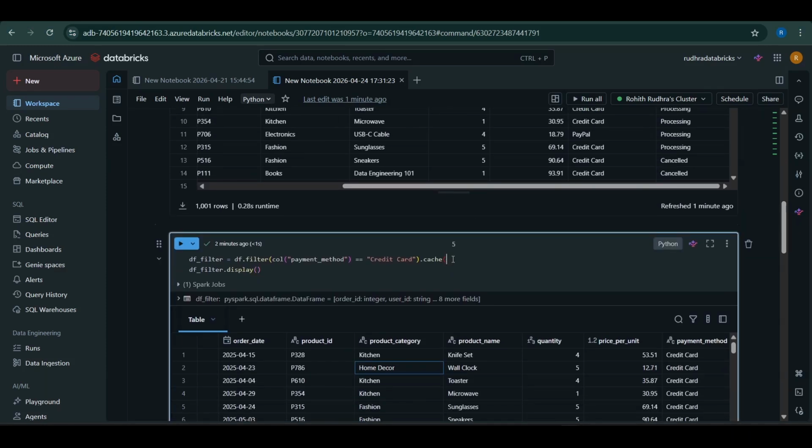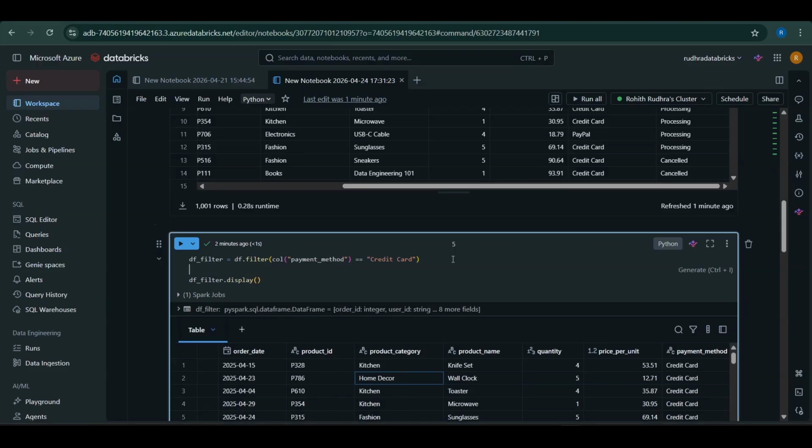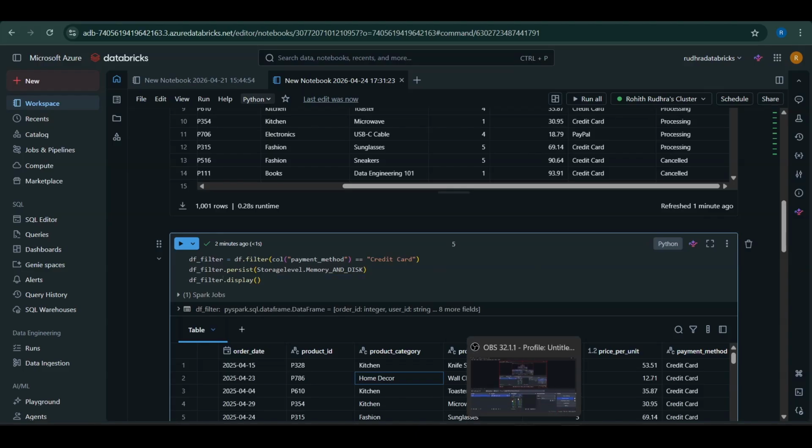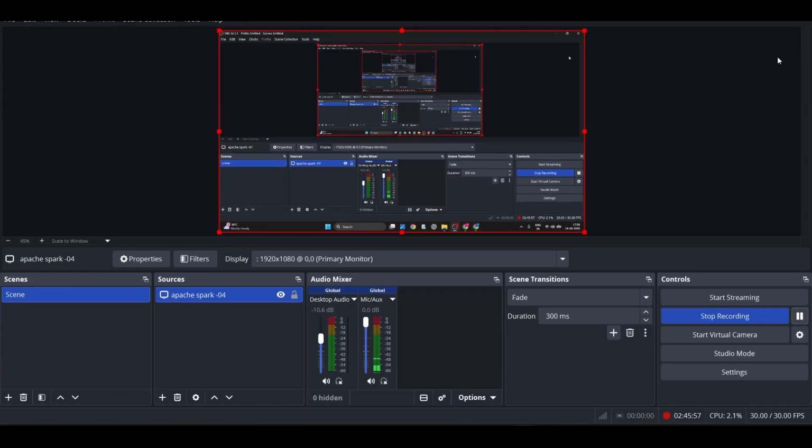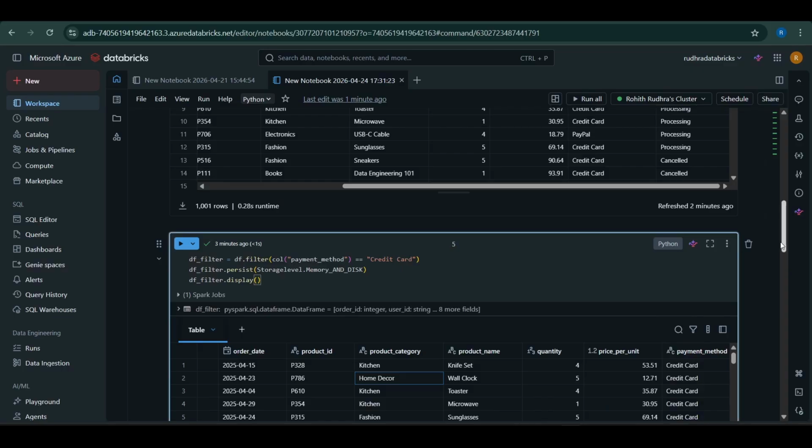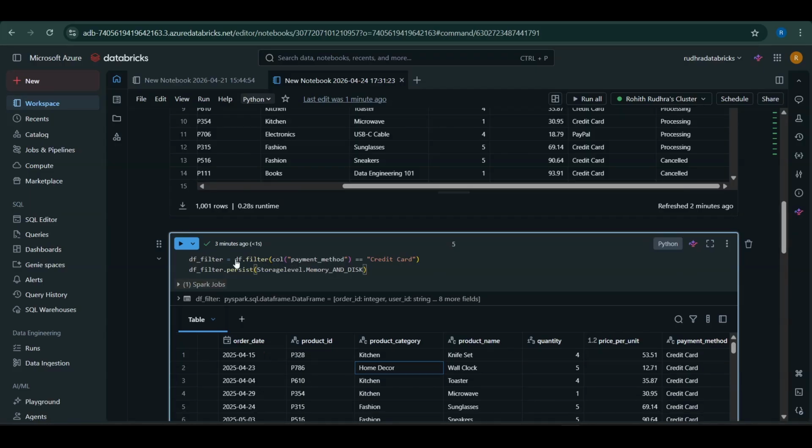I have removed caching, and I will place this one here and do df_filter. I do not want to display this one, I'm just persisting it. So if I run this one,